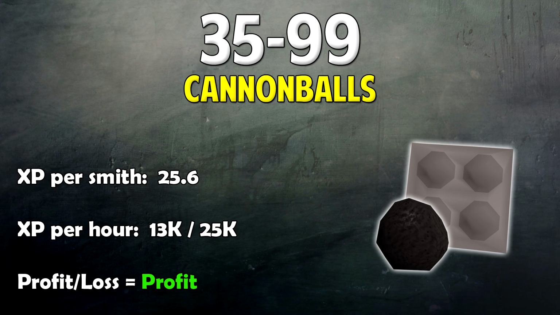Now it's time to get into a couple of methods that will actually help you make money whilst you're smithing, and also give you some smithing XP as well. The first one we're going to be looking at is making cannonballs, and this can be done at level 35 smithing. You will get 25 XP every time you smith a bar, and you will get either 13k XP per hour or 25k XP per hour depending on whether you have Mauritania legs 2, and also the profit that you're